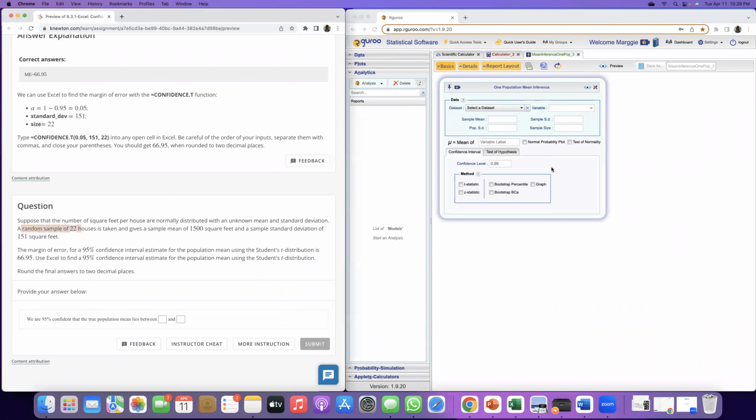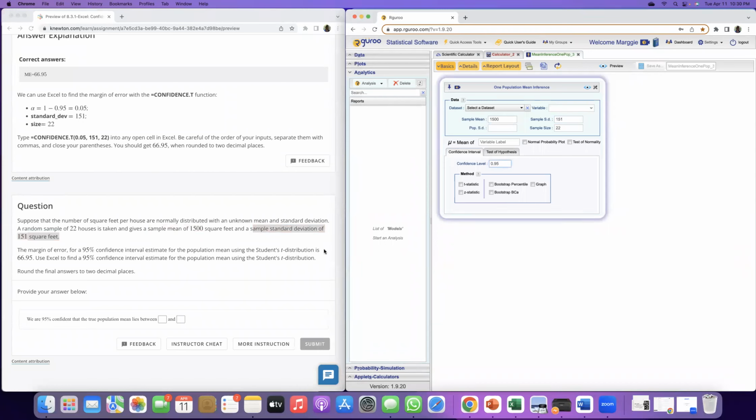I have a random sample of 22, so sample size is 22. I have a sample mean of 1500, so sample mean of 1500. And I have a sample standard deviation of 151. So sample standard deviation 151. Before we were completing this because we knew the population standard deviation. We don't know that now. We're working with the standard deviation of the sample. We are finding a